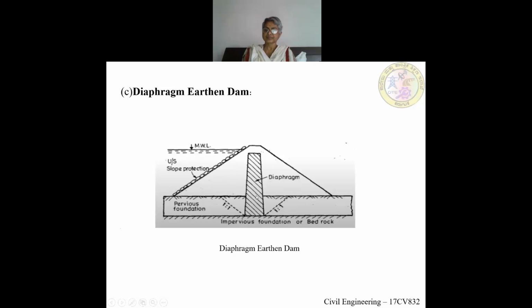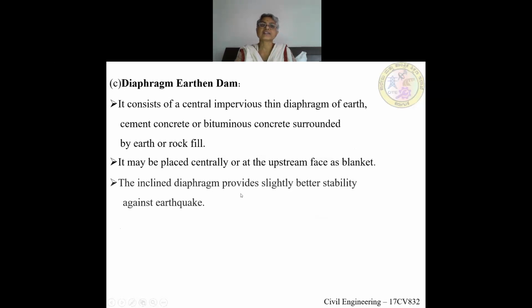It consists of a central impervious thin diaphragm of earth, cement concrete or bituminous concrete, surrounded by earth or rock fill. It may be placed centrally or even at the upstream face as a blanket.